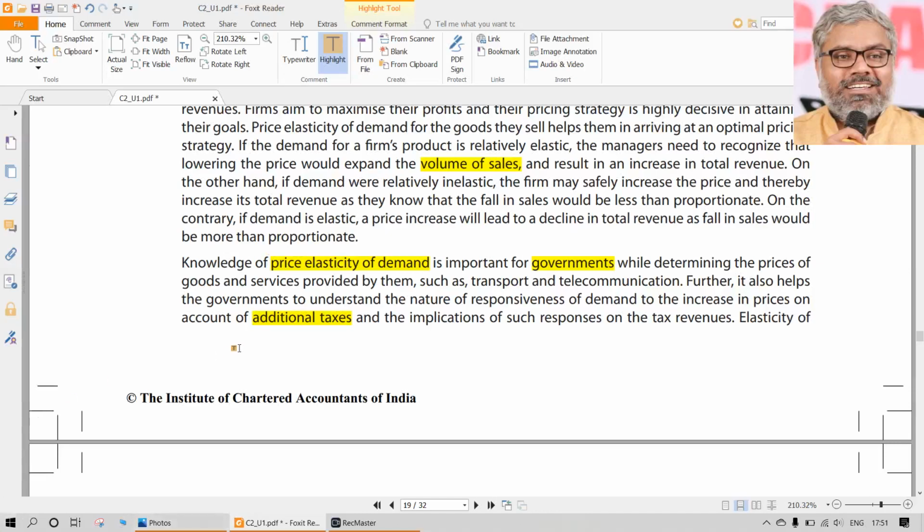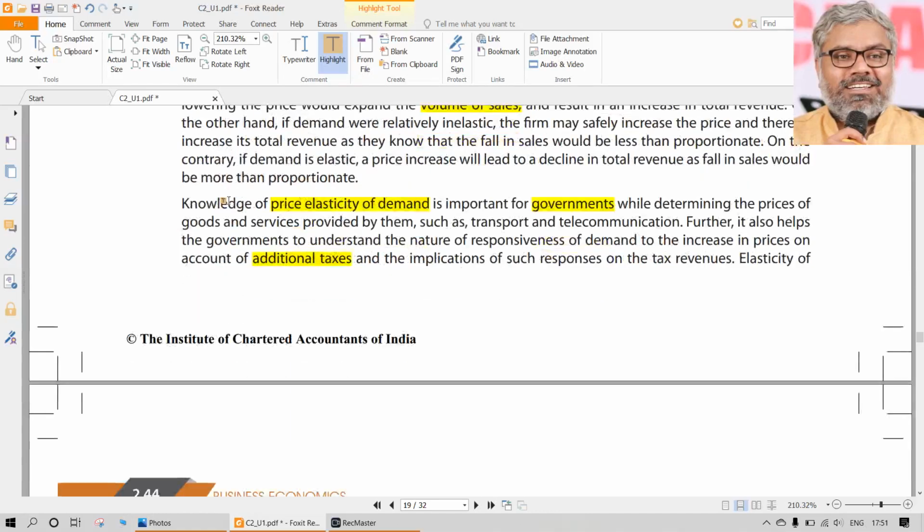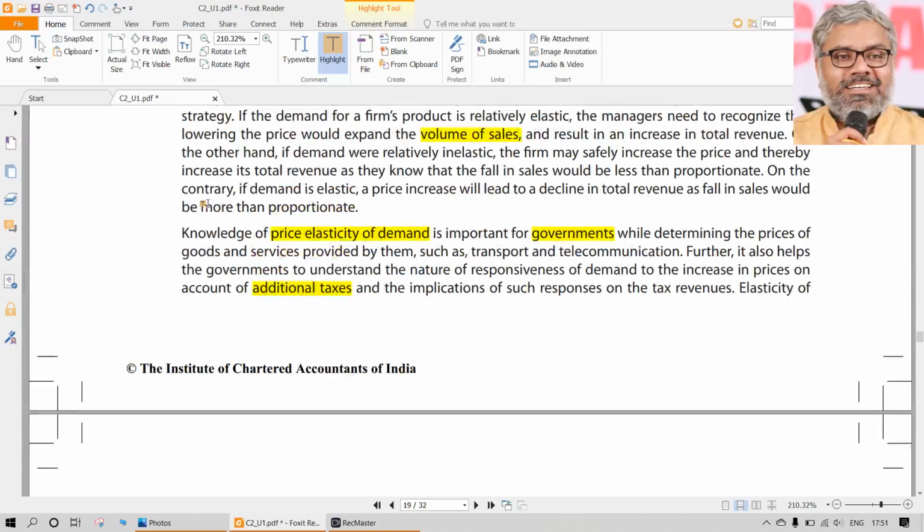Because that is once again the point. Petrol and diesel have become a necessity. If there is any increase in that, it is a price elastic product, whether it is actually reflected or not, because it is a necessity ultimately. So when there is a necessity, there is an elasticity also attached to that, and people will have to buy it, but at a higher price. So the point of conflict happens. The nature of the product is that it is a necessity. People should not reduce their consumption because of that, because it is a necessity. But at the same time, people cannot afford that.